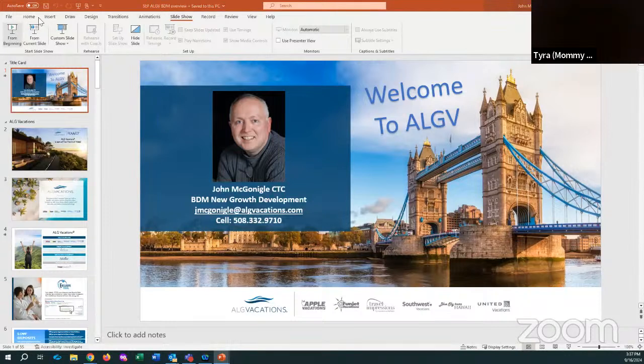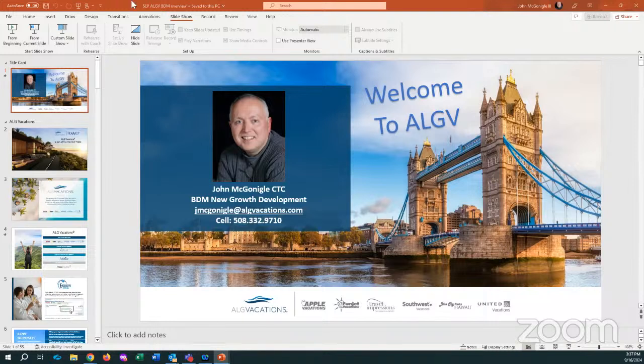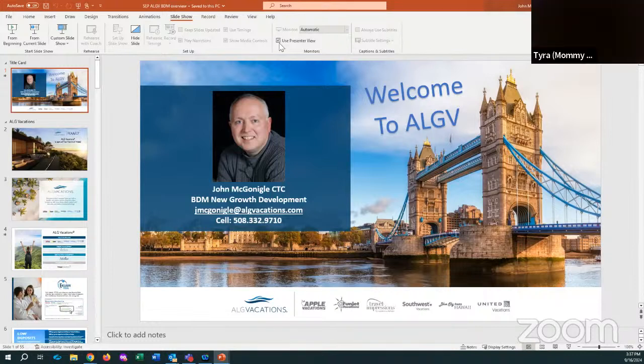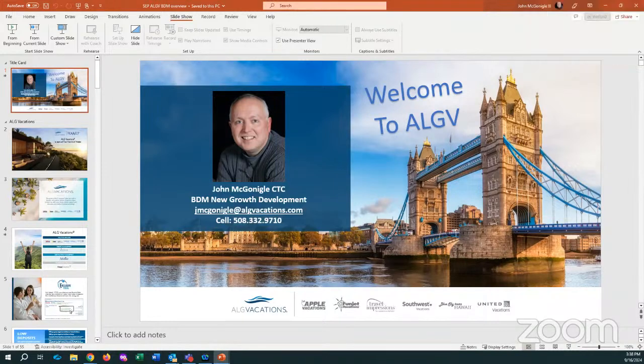So your picture on the screen, if you just hover over your picture, if you go up, is your Zoom bar in the way, John? Maybe take it and drag it out of the way. No, I completely lost it on another screen. John, you see where the help is at the top, just below the help. Click on that box that says use presenter. Oh, thank you. Yes. That's weird. I've never had to do this before. This is the second time it has happened. Maybe something is going on with Zoom, but then start from the beginning.